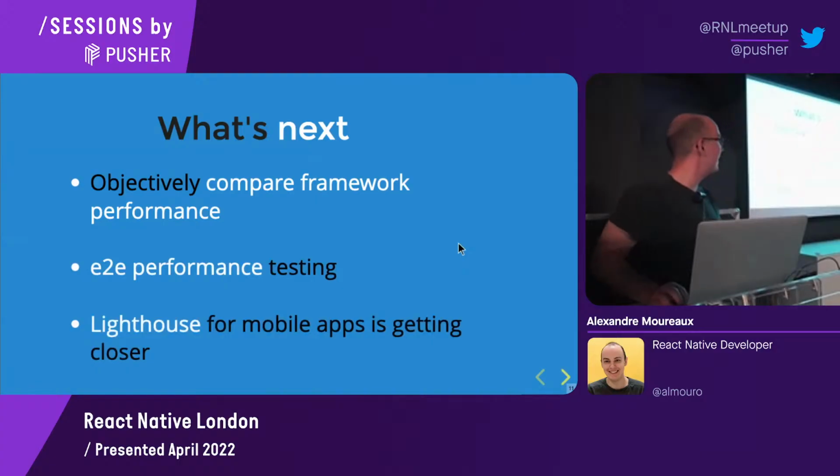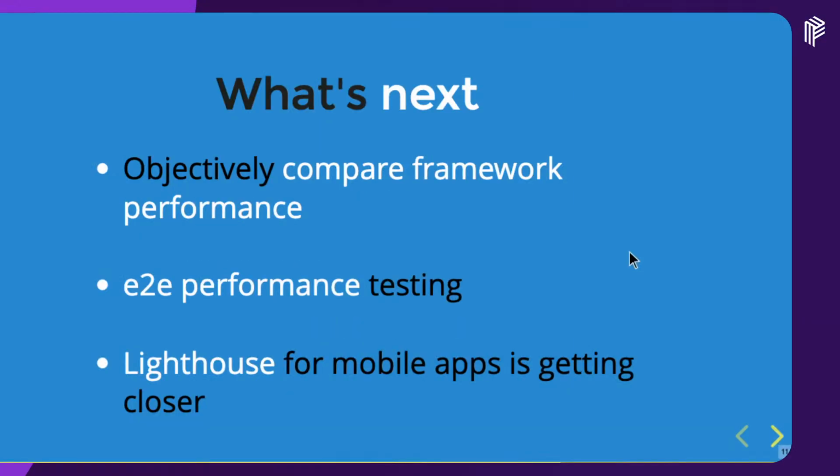And to be honest, I feel like Lighthouse for mobile apps is getting closer, because if you can do this, then basically just put Appium. For those of you who don't know, I kind of like Appium. It's an end-to-end testing tool. What's nice about Appium is you can put any app in there. You don't need to install anything. It can test, click, and do stuff in any app. So you could imagine something like you pass an APK to a tool. It's going to run some random Appium stuff, clicking, scrolling, etc., measuring CPU usage, and it could attribute a score. So that's my dream, but hopefully also more on that later.